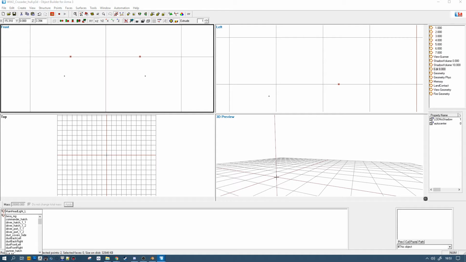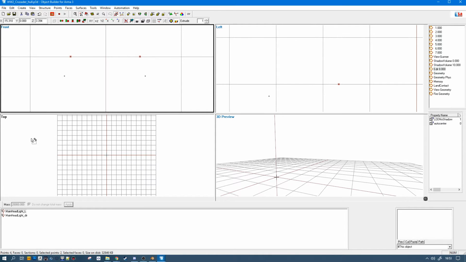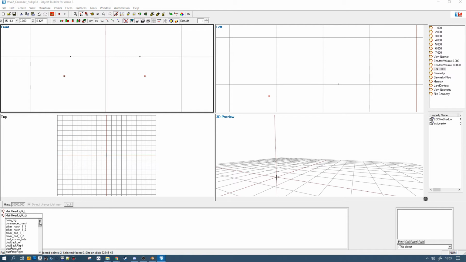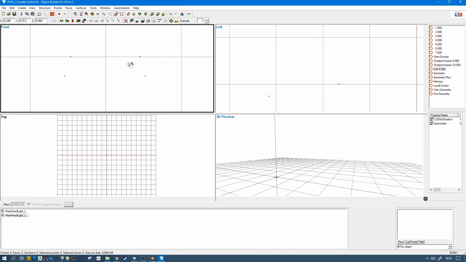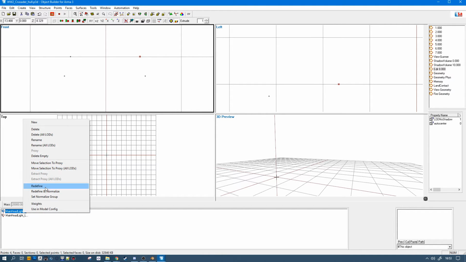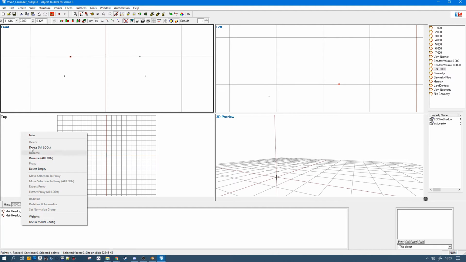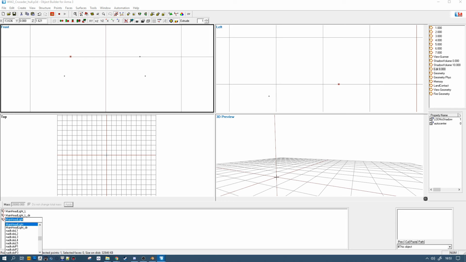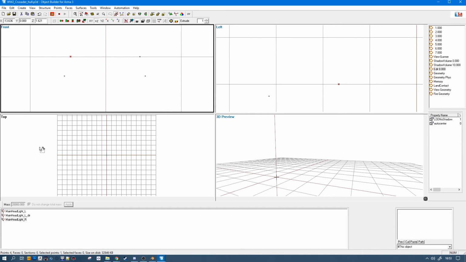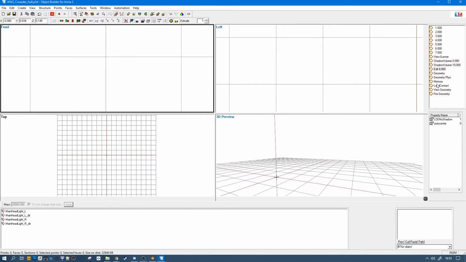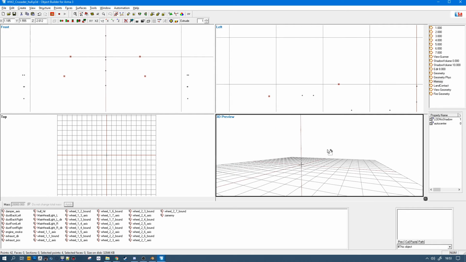I can name it L or I can name it 1, I don't care. It's going to be defined inside the config. So nothing static here. Define, and this one is going to be new main headlight right, and new main headlight right here, moving them to the memory load.